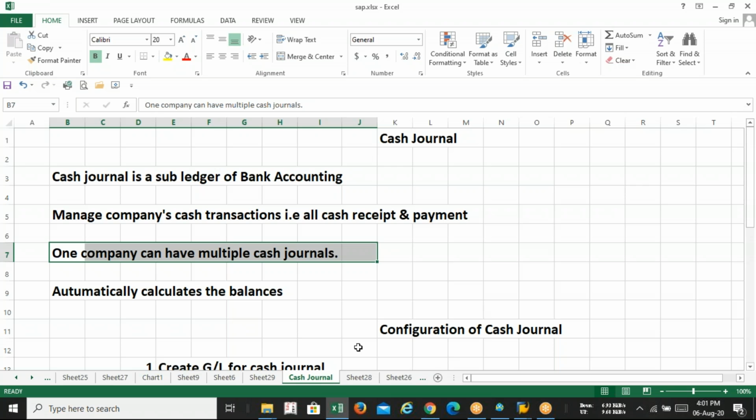From the HO point of view, how many cash journals does ITC need to create? 1 or 2? It has 2 branches in 2 different locations. So how many cash journals can ITC maintain to take care of all the cash receipts and payments for all the branches? 1 or 2?